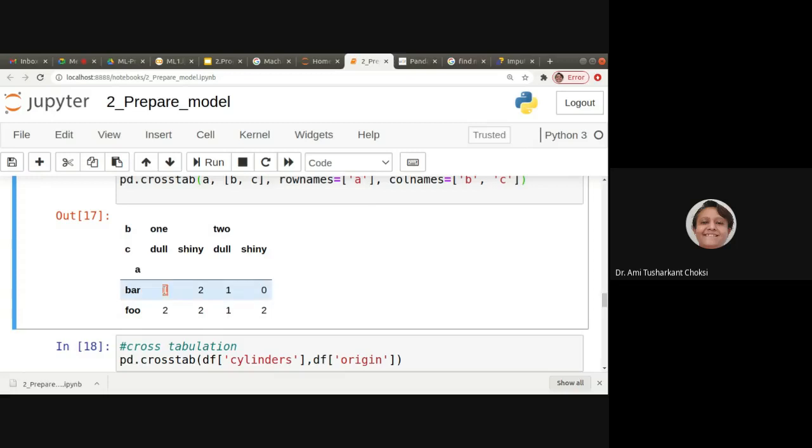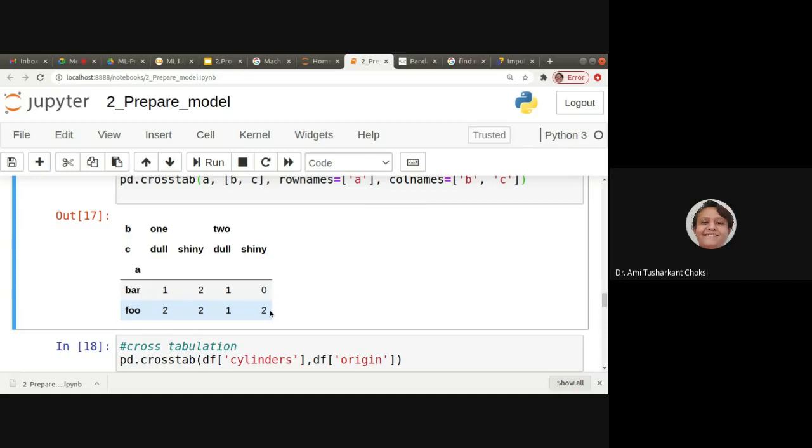For that we find the count as 1. Are you getting this? A value is bar, C value is dull, and B value is 1. If it is so, then we find 1 count. For A is bar, C is shiny and B is 1, the frequency count is 2. Got the point? This way the cross tabulation is found.